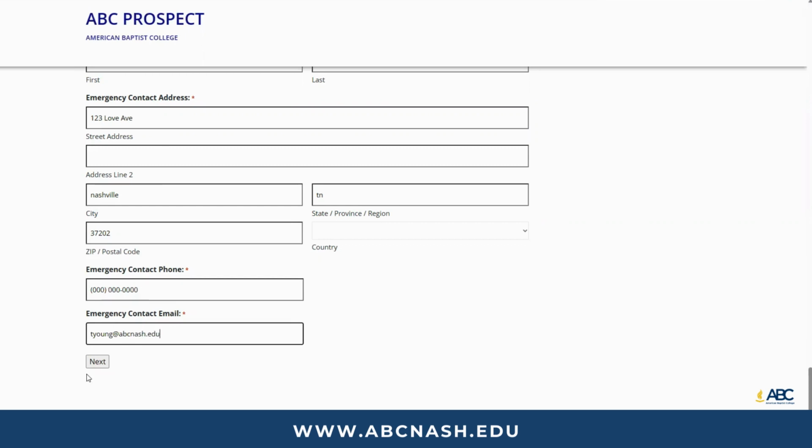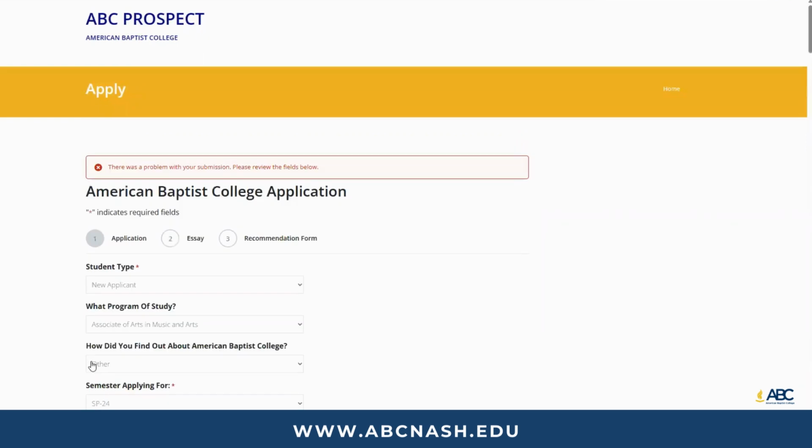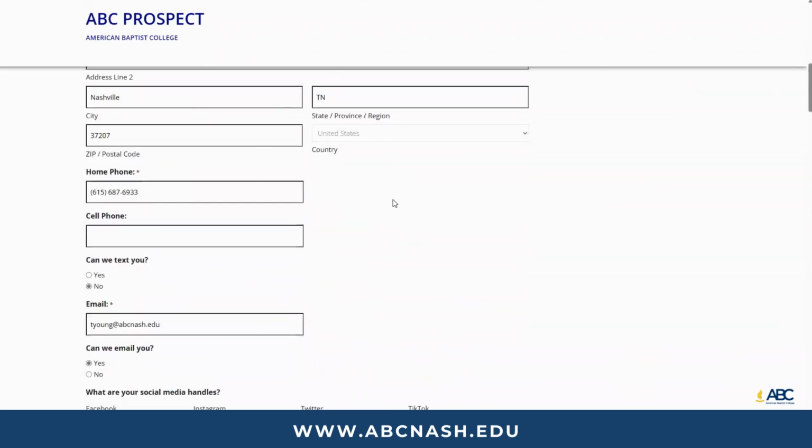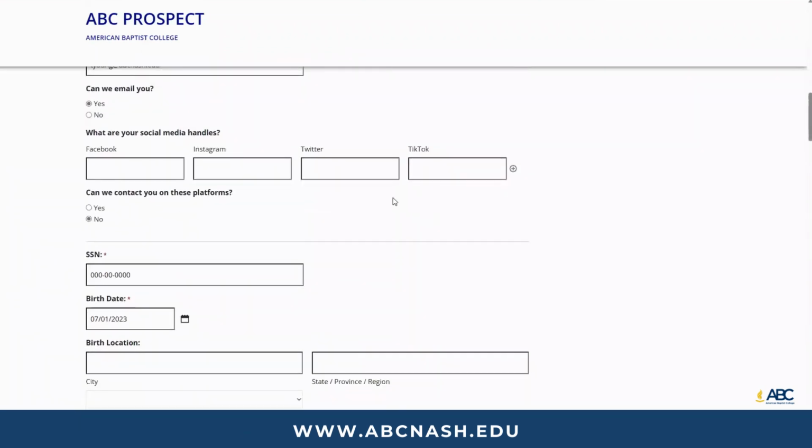Once you've completed all these sections, you have the option and ability to click next. Once you click next, it'll tell you if there's a field that's not filled in correctly, as you can see. And now you're looking for what section has a red star by it that you did not complete.